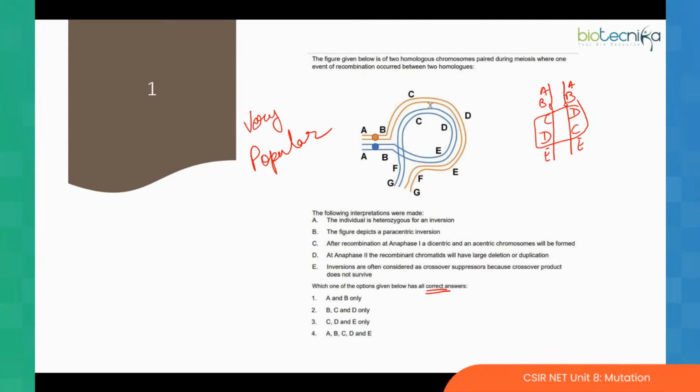But if by chance it still happens, then what will be the consequence? This question is related to that. Whenever you see a question like this, a structure involving this, that means it is talking about a heterozygous inversion. Now, what will be the consequence of crossing over occurring through that heterozygous inverted segment? That will depend on